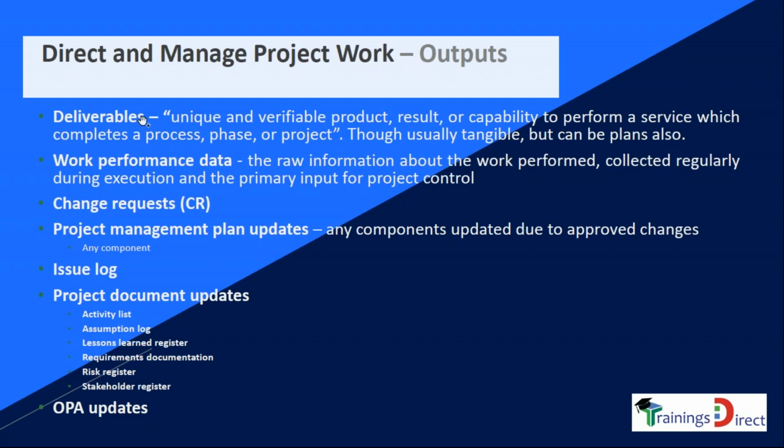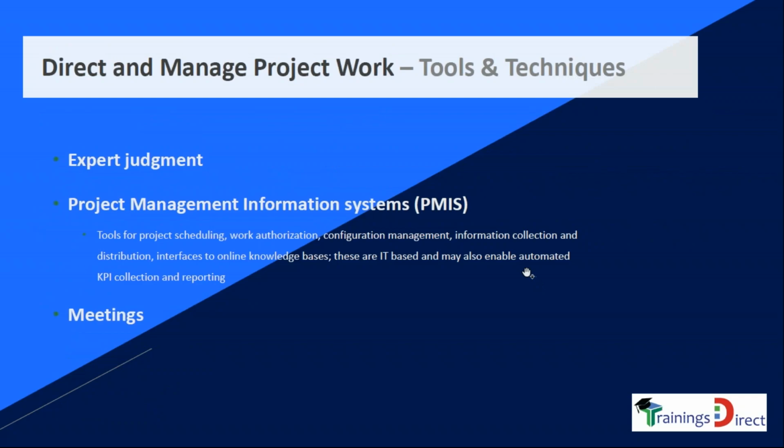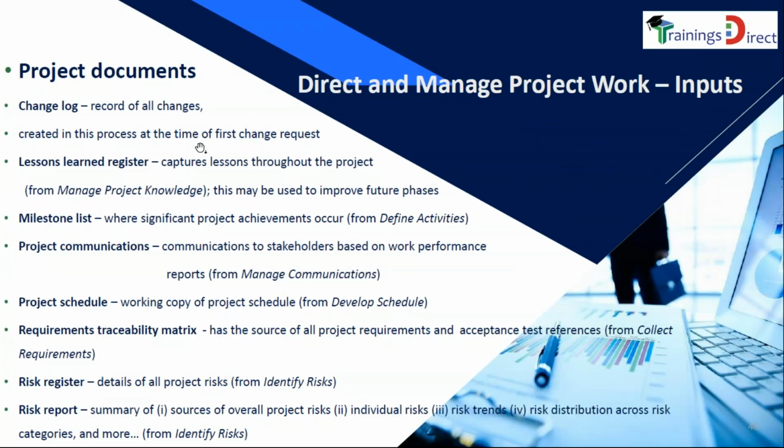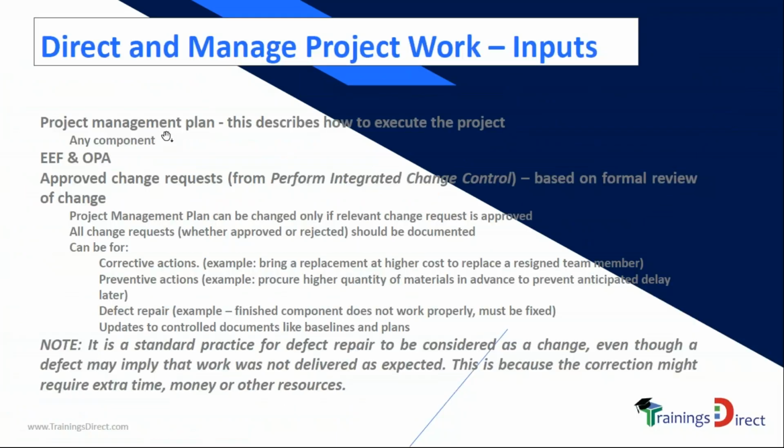And deliverables, those are the unique outputs of a project. Change request, we already saw that. Issue log, other plans could get updated as well. And let us see some of the other inputs here. Sorry, I'm going back. Look at the inputs, project plan. Enterprise factors and process assets can be used. There may be project planning templates. Execution policies may be there. Shift working policies may be there. There may be changes which are approved, which have to be implemented.